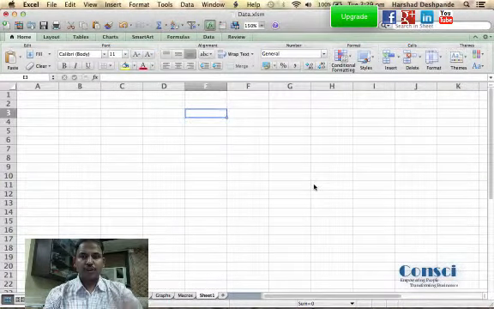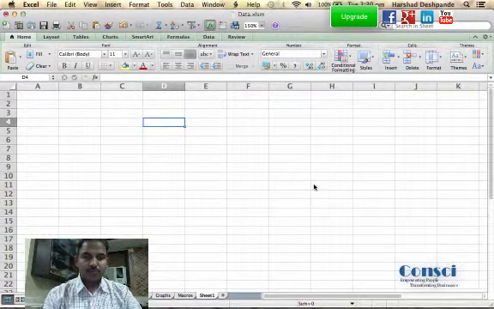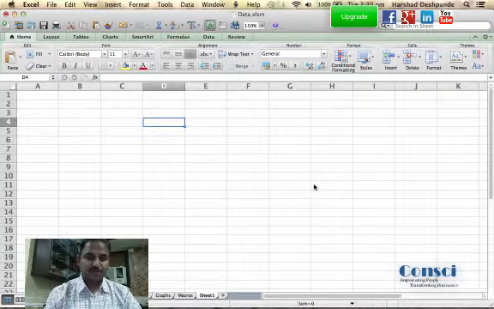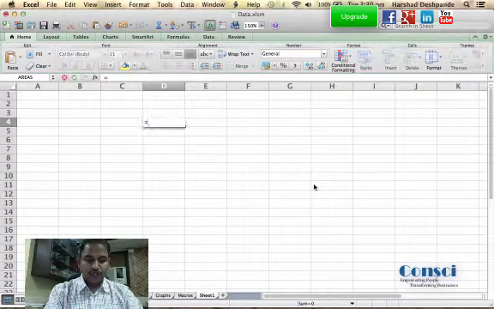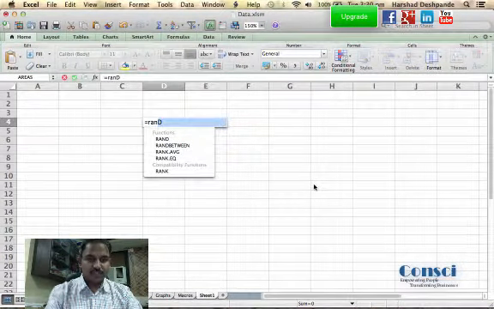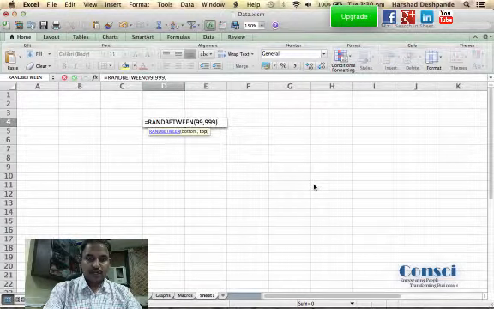Now let us say you have got a set of numbers and you need to classify them depending on a point beyond which the number should be highlighted with some specific color. Top 10 numbers should be highlighted, bottom 10 numbers should be highlighted. So just for the sake that you understand it better, I am just creating a range of numbers, let us say from 99 to 999.